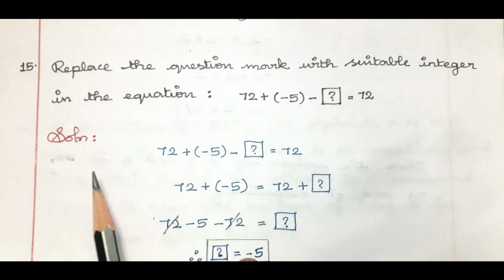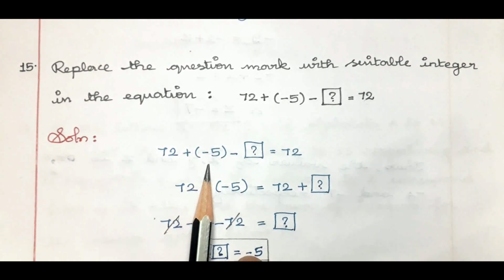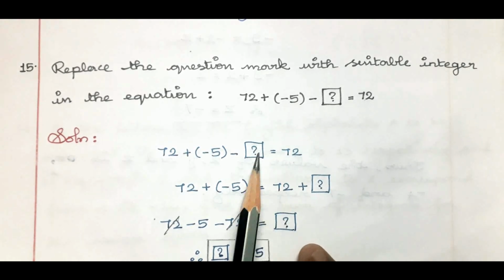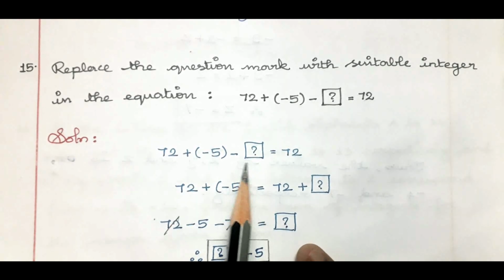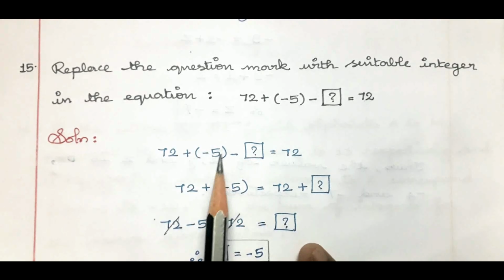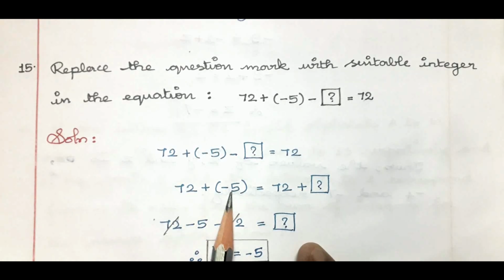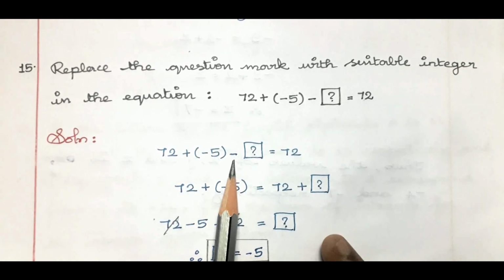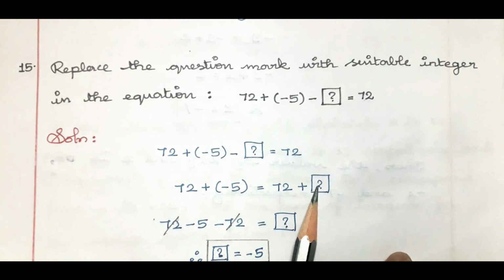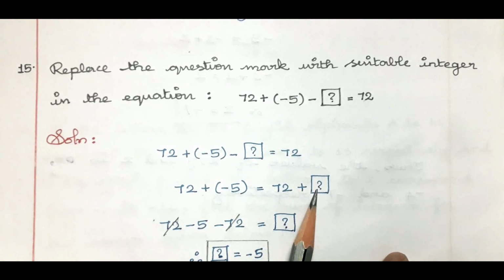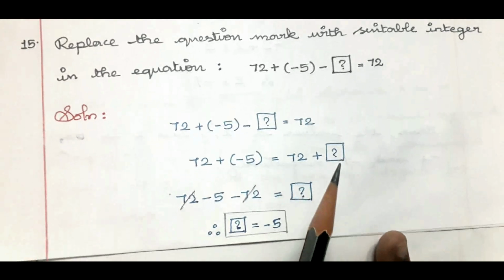We'll go here. Solution: 72 plus minus 5 minus unknown is equal to 72, isn't it? So what we have to do is have the unknown on one part and all the known on one part. So 72 as it is, minus 5 as it is. Now this minus question mark is taken to the other side. It becomes 72 plus question mark. Question mark is nothing but the unknown. Clear? Now